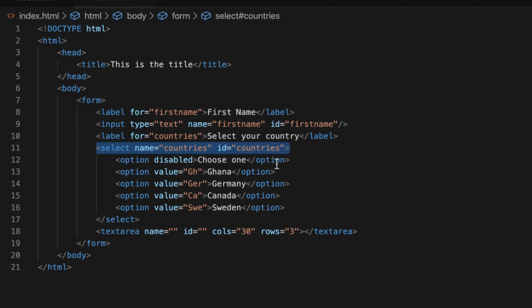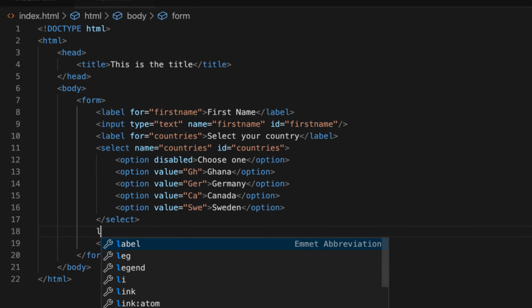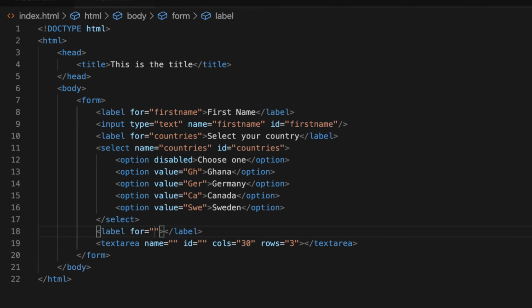That gives us the opportunity to have multiple options, then we choose one from a drop down. It is a drop down, and we looked at it in the browser. Then we spoke about text area, where users are given the opportunity to write multiple line statements or sentences. So here we can give it a label like